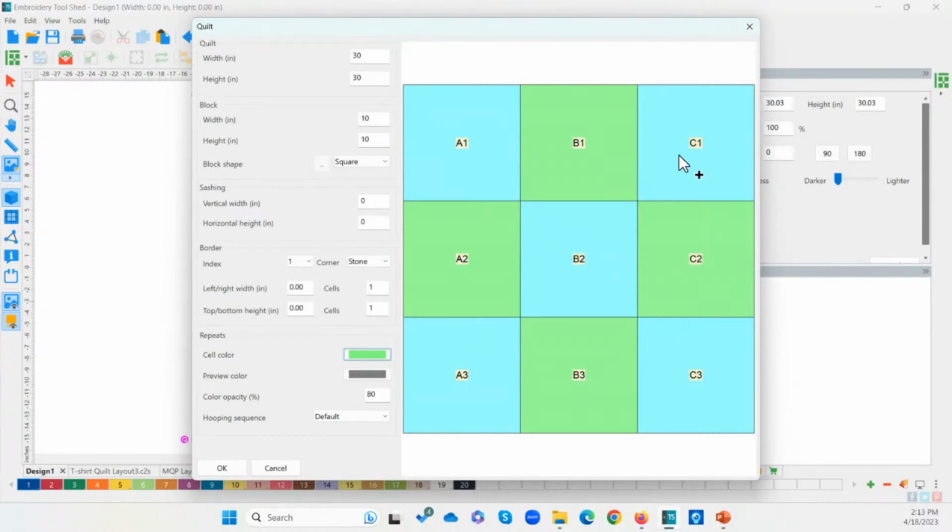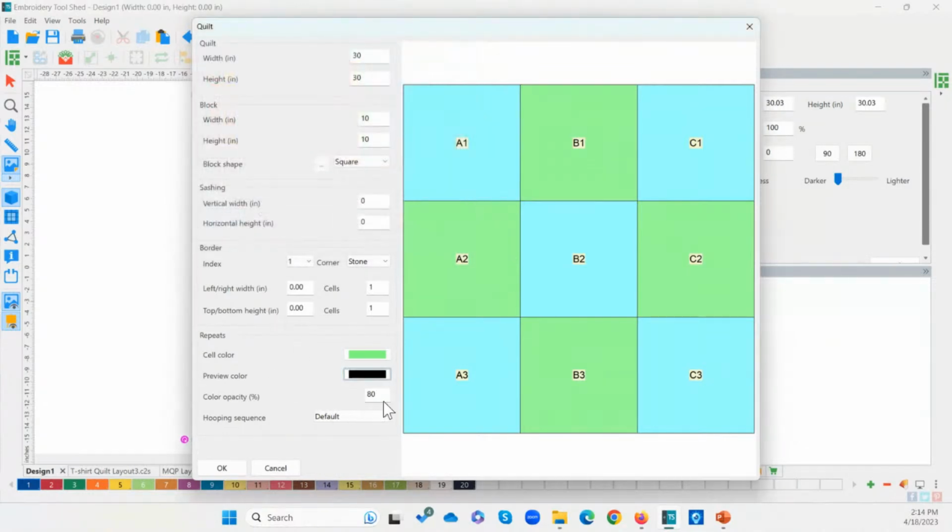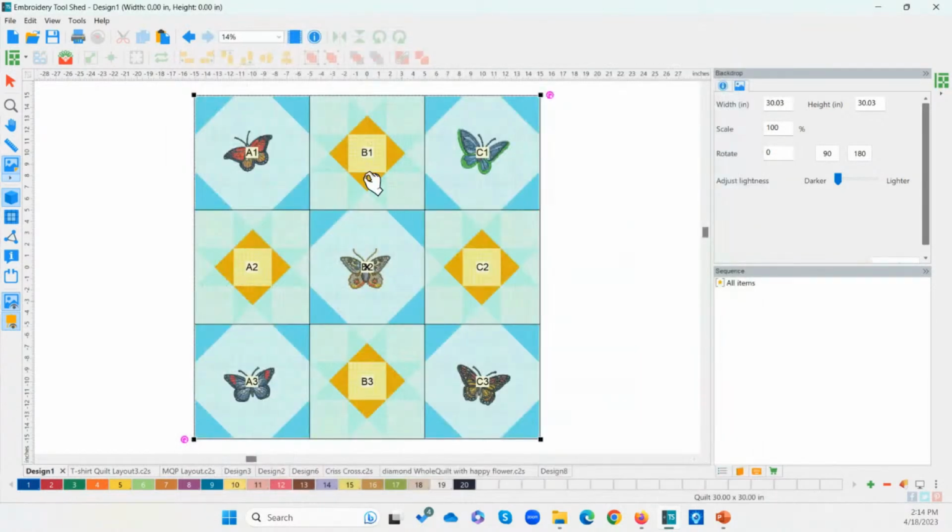So anywhere I have the same color, that means I want the same embroidery design. Anywhere I have a different color, then I want a different embroidery design. So the A2, B1, C2, and B3 will be all the same embroidery quilting design. And then the blue will be the opposite. And I'm going to make this here a darker color so we can really see our design. And I'm going to lighten this up to 10 so that we can really see that it doesn't cover up the image of our quilt too much. So, and then I'm going to say okay. And now it added that on top. So let me hide my image.